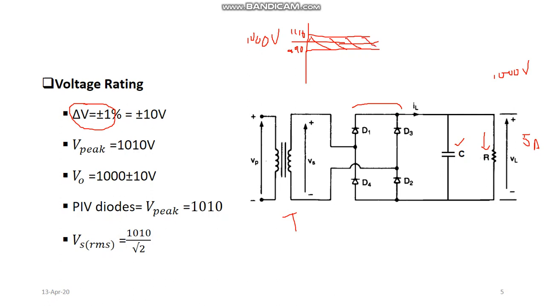The maximum my voltage can rise up to is 1010 volt, and the minimum that I can obtain at the output side will be 990 volt. If this ripple is added to the output of 1000 volt, the maximum voltage that I will obtain at the load end will be